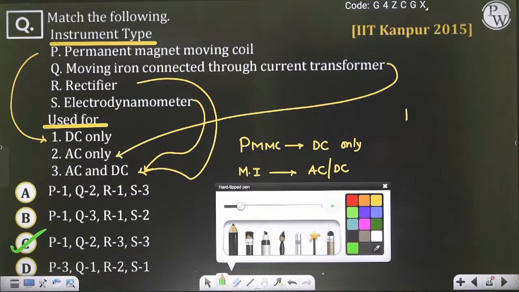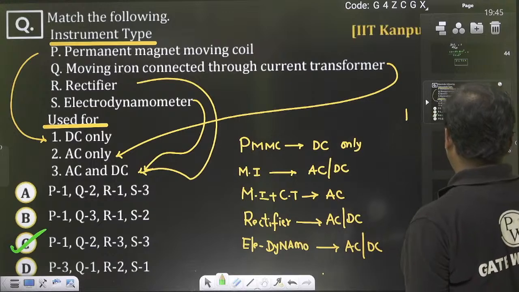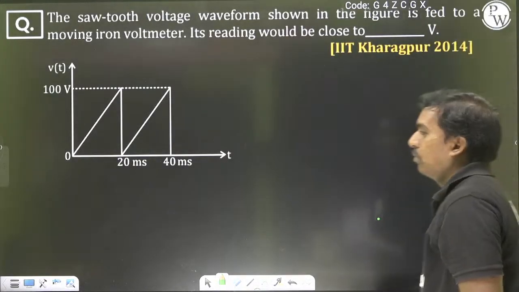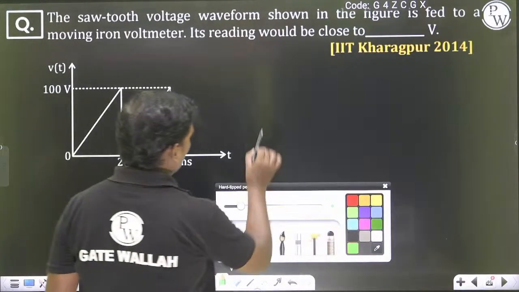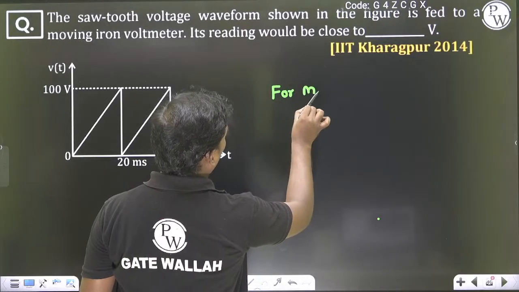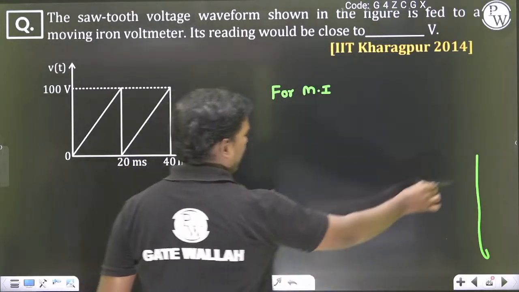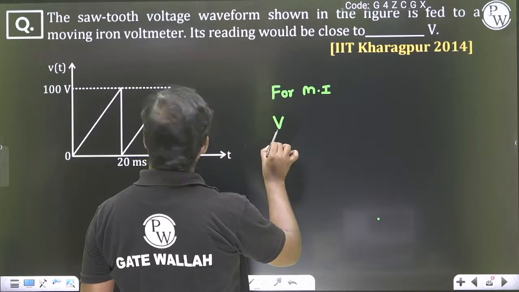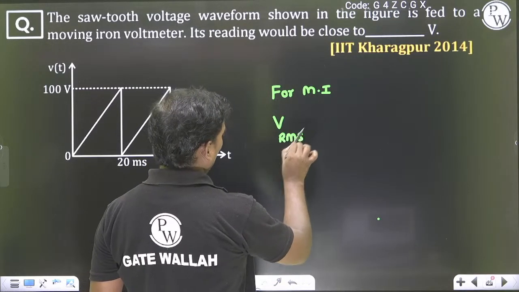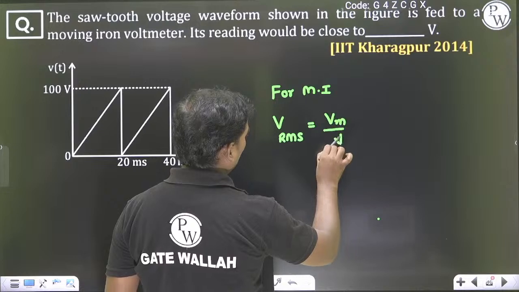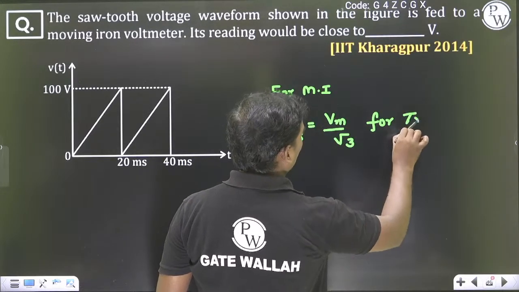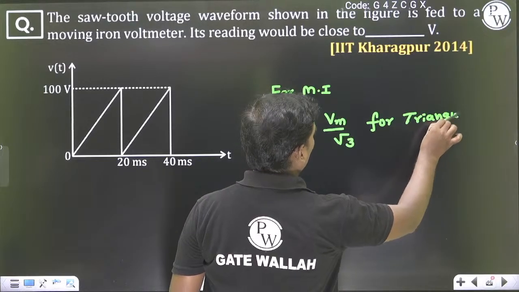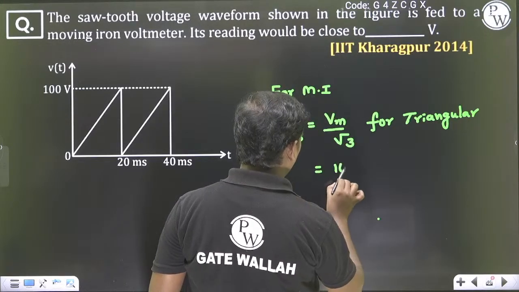So these are the questions. What is the answer for this question? A sawtooth waveform shown in the figure is fed to a moving iron voltmeter. For moving iron, the measurement will be RMS. So generally VRMS will be nothing but, for a triangular waveform, Vm by root 3. So the answer will be 100 by